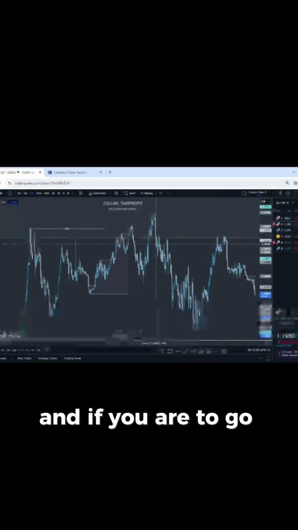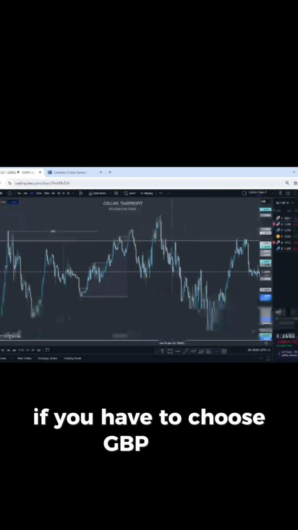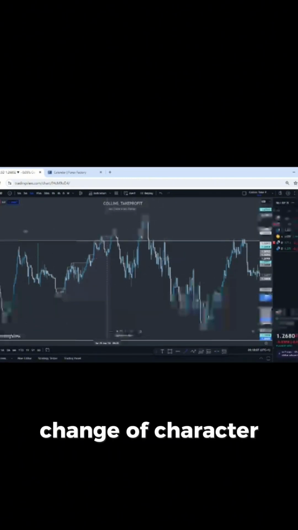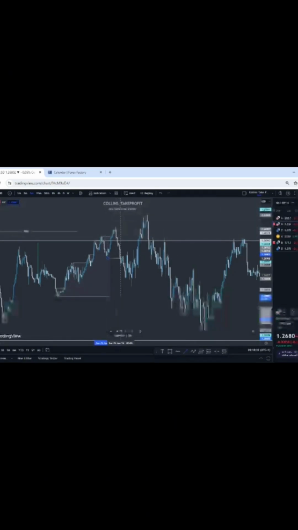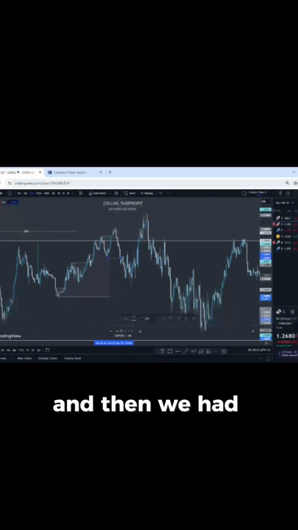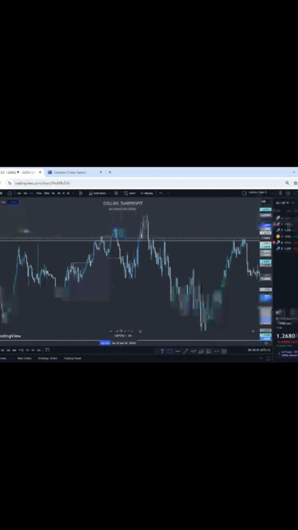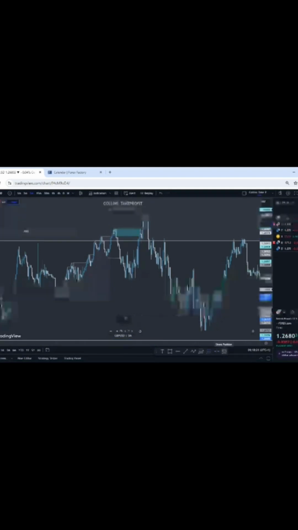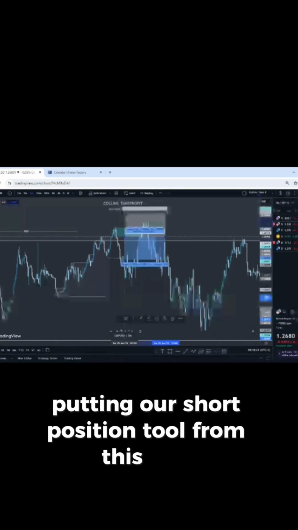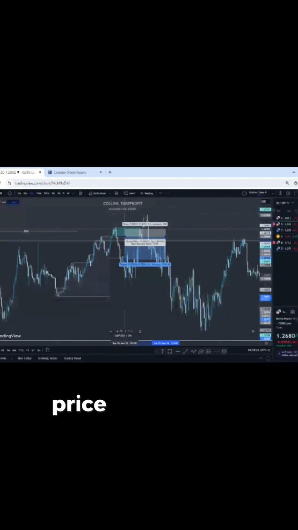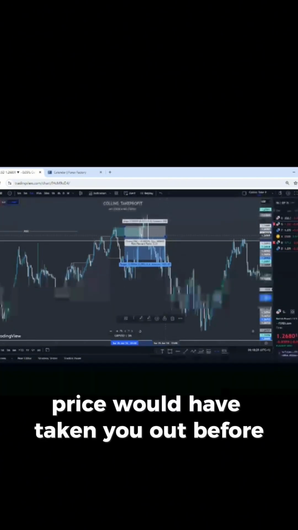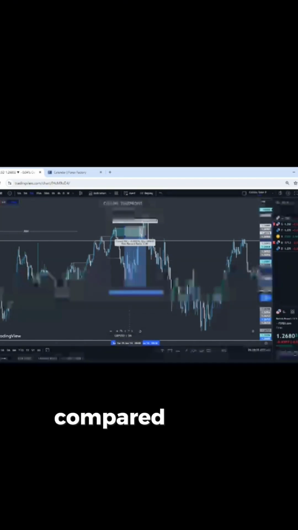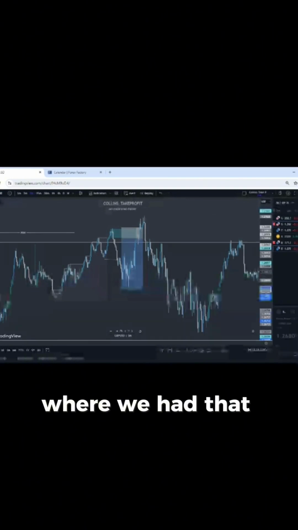And if you had to choose the GBP/USD, after we had this change of character, and then we had price giving us our entry around here, and putting our short position too. From this area, you would have seen that price would have taken you out before moving bearish, compared to the EUR/USD, where we had that smooth sell-off